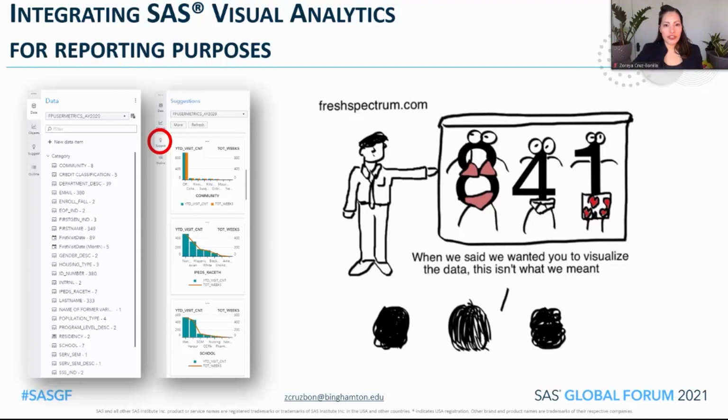One of the great features of SAS Visual Analytics is that it is intuitive enough to automatically make chart suggestions, therefore expediting reporting capabilities. But of course, it is also possible to create charts or graphs from scratch and to customize pages according to specific data needs and to comply with institutional branding.